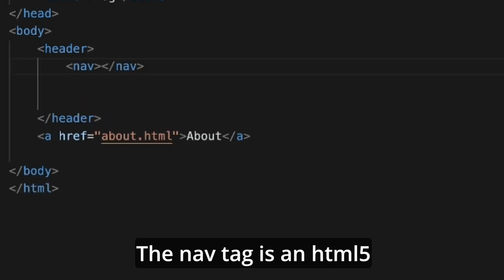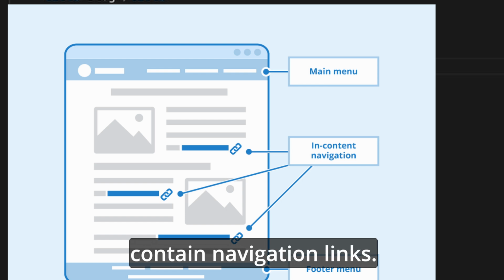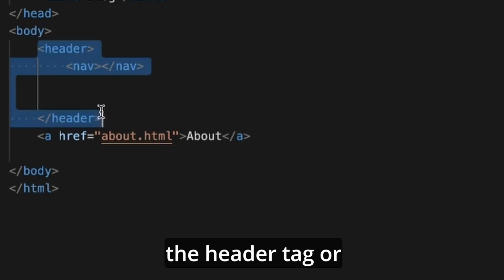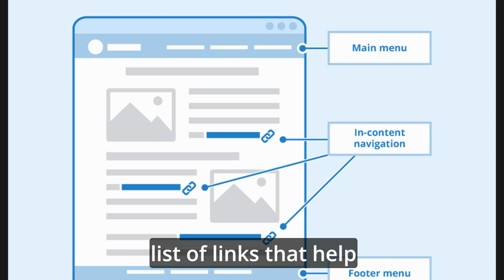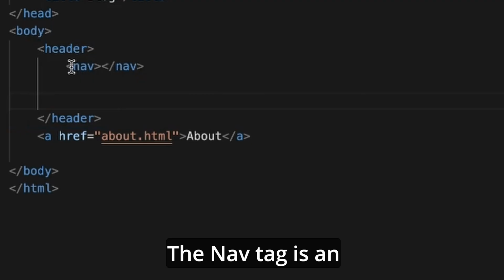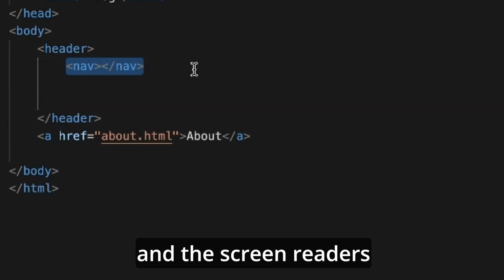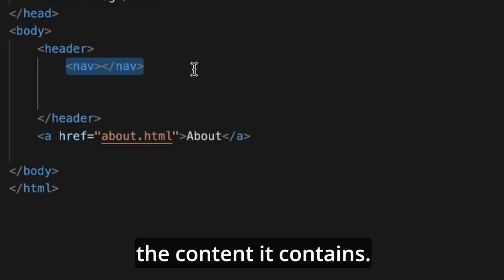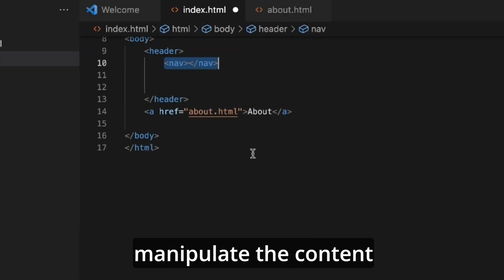The nav tag is an HTML5 element that is used to define the section of the web page that contains navigation links. It is often used with the header tag or footer tag to create navigational menus or lists of links that help users navigate the site. The nav tag is an important element that helps the search engine and the screen readers identify the purpose of the content it contains. It can help make it easier for developers to style and manipulate the content within the